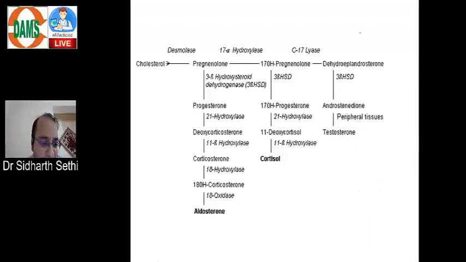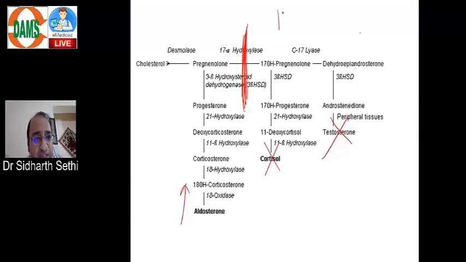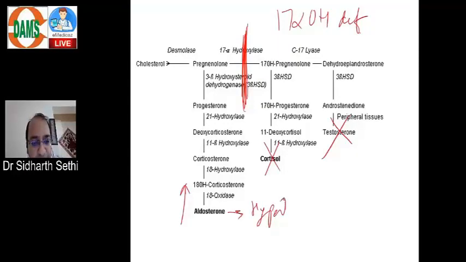Now what will happen here? 17-alpha hydroxylase deficiency. If there's a deficiency here, this is not formed, but aldosterone is high. Again, in 17-alpha hydroxylase deficiency, you will have sodium retention, hypertension, potassium excretion, hypokalemia with metabolic alkalosis,